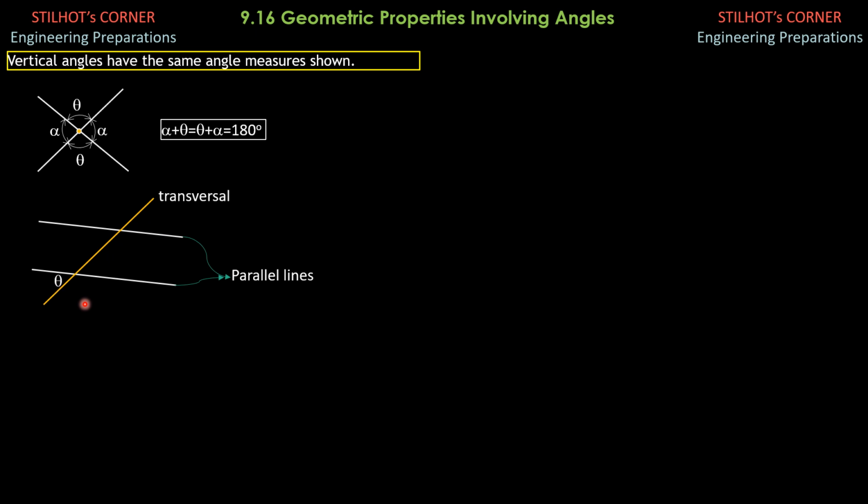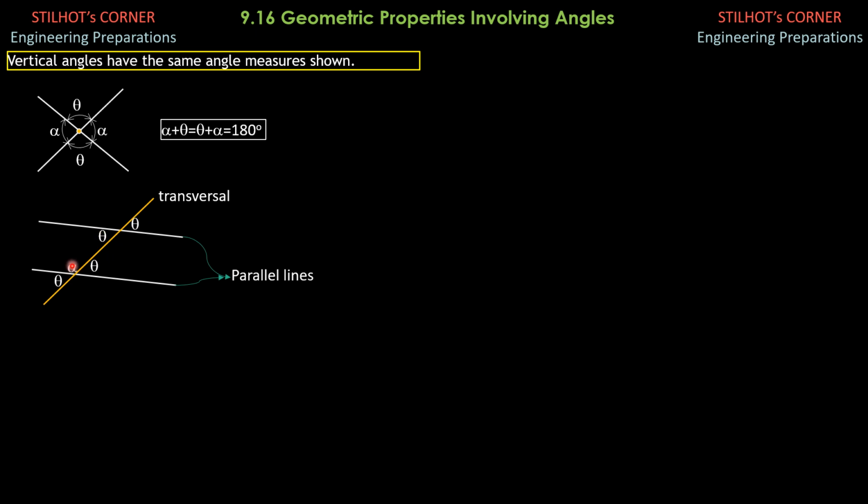So that's the transversal. If I call this theta, this angle measure is also theta, and it is equal to this angle here and this angle here, because we have the same parallel line, and this is one common transversal. So the angle formed between one of the parallel lines and this transversal, if I call that theta, this is the same parallel line as this, and this is the same transversal. So the angle measure here is also theta, which is equal to this angle by the principle above.